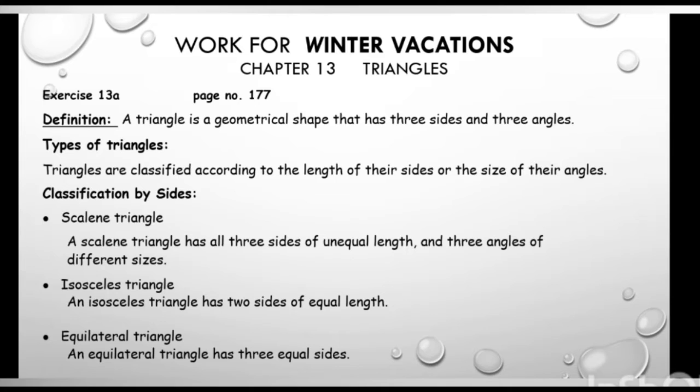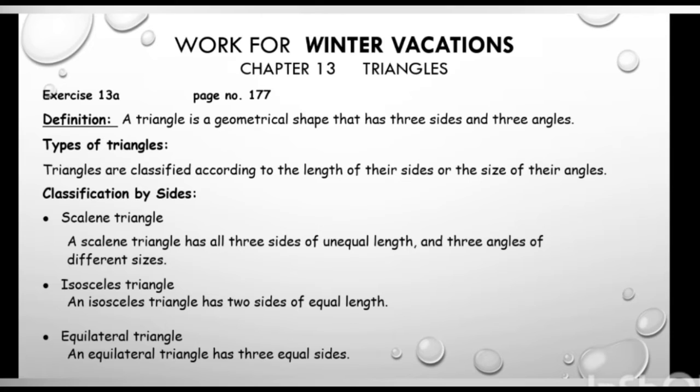Now come types of triangles. Triangles are classified according to the length of their sides or the size of their angles. Okay, now see classification by sides. Scalene triangle, second one is isosceles triangle, third one is equilateral triangle. A scalene triangle has all 3 sides of unequal length and 3 angles of different sizes. It means if you see a triangle with all 3 sides of unequal length, you say that's a scalene triangle,